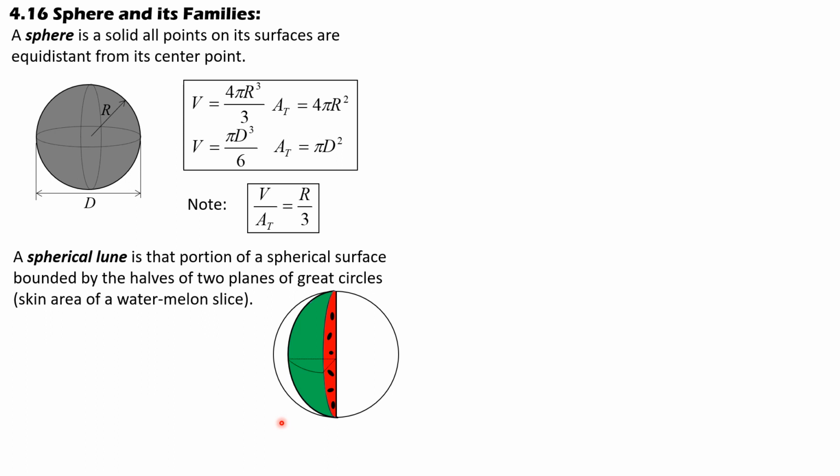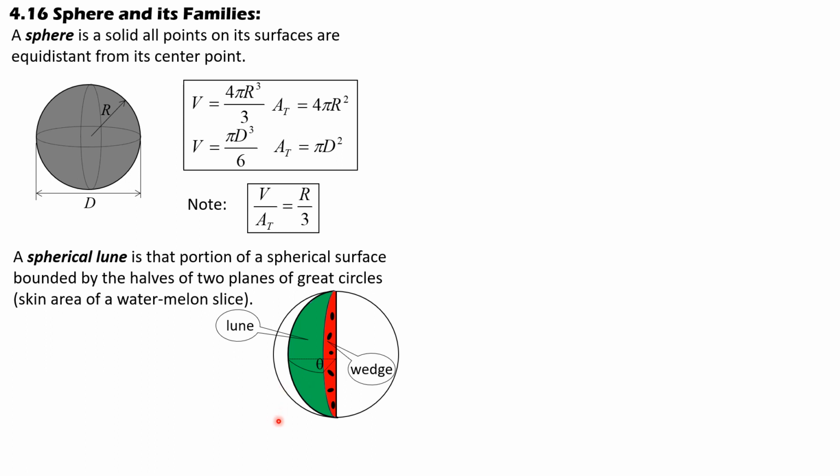is called spherical wedge. So this is the angle between the dihedral planes, theta, and that's the spherical lune, the area, skin area, and this is the spherical wedge, the solid as a whole. So for the area of the lune as to theta, you don't need to memorize. You just proportion the area of the lune as to the angle between the dihedral planes theta equals area of